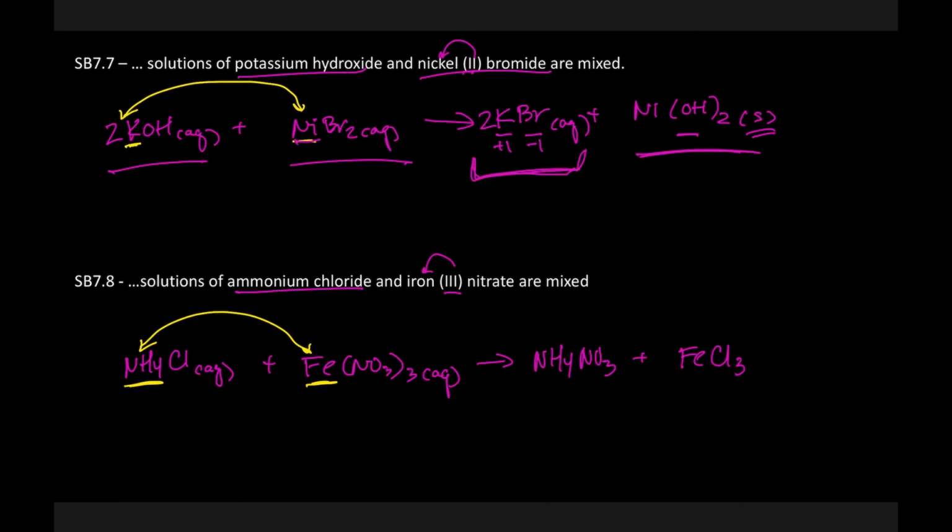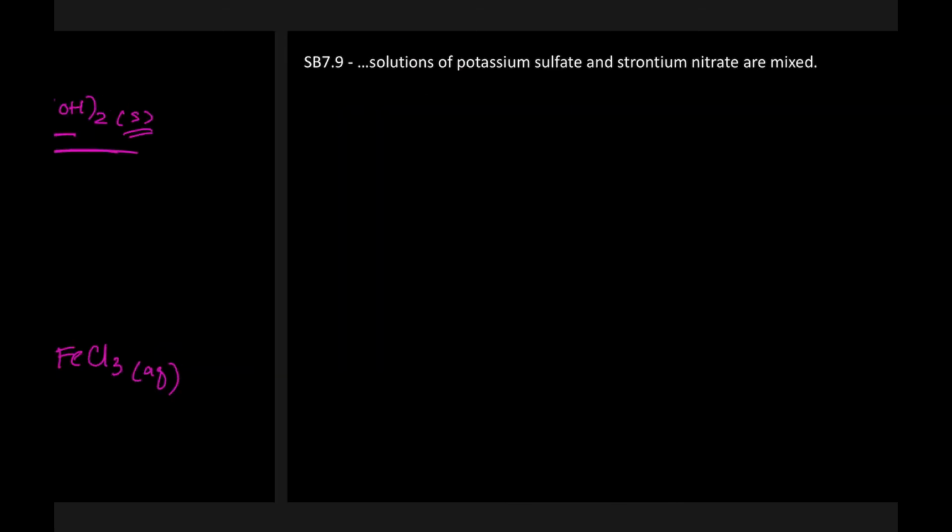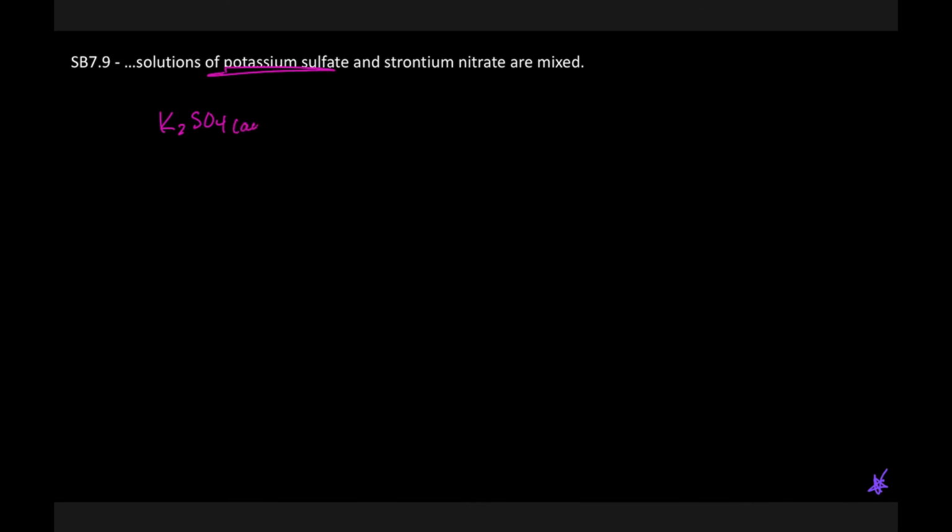Now let's go ahead and apply our solubility rules. Ammonium and nitrate, for that matter, are always soluble, so this would be aqueous. FeCl3, chlorides tend to be soluble. Iron is not an exception, which means that this is no reaction. Obviously you will need to predict the products, and then I would just put a big old X through the arrow and call this one done. Yes? All right. Next up, it says we have potassium sulfate, K2SO4, aqueous, and strontium nitrate,